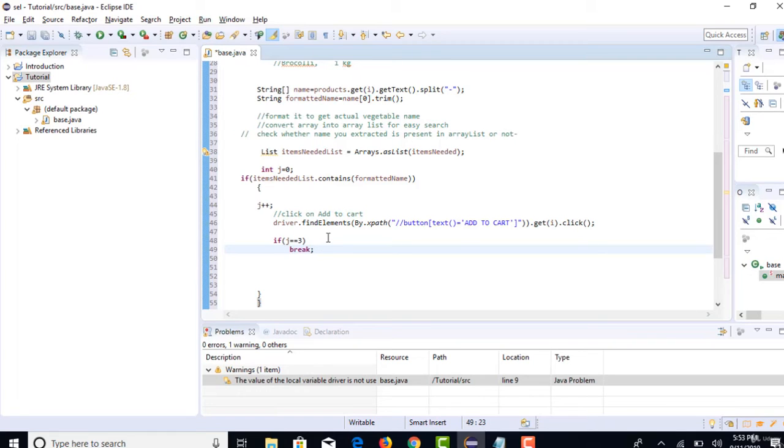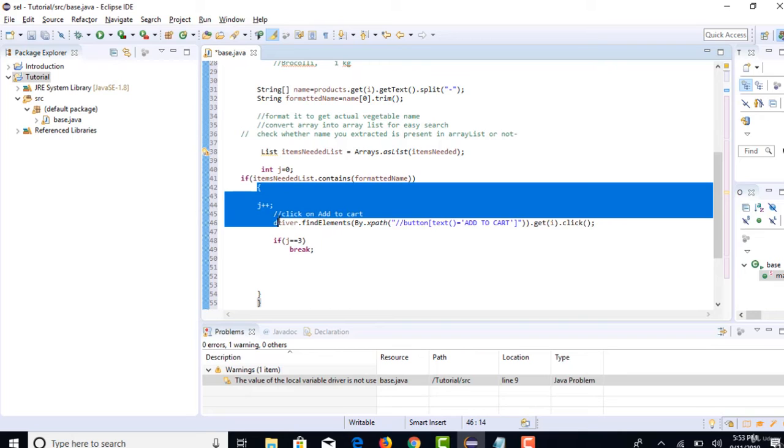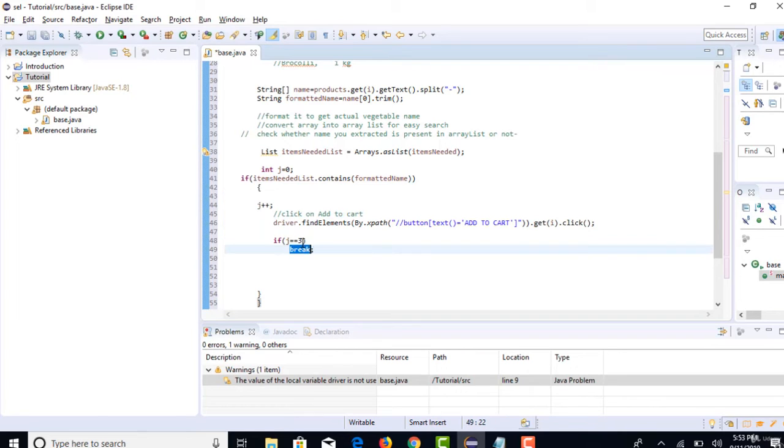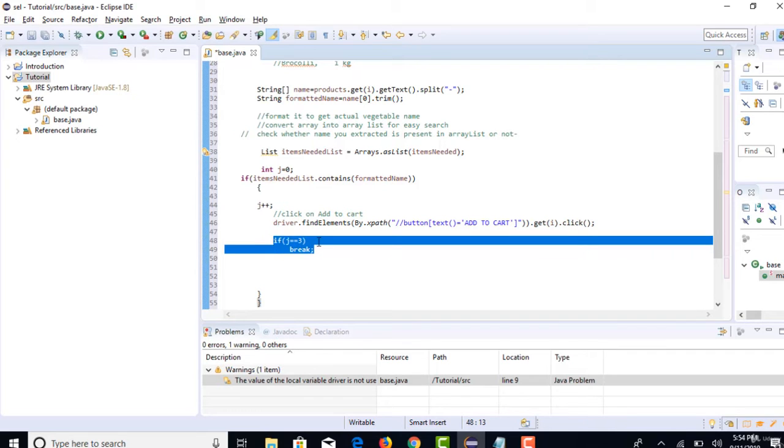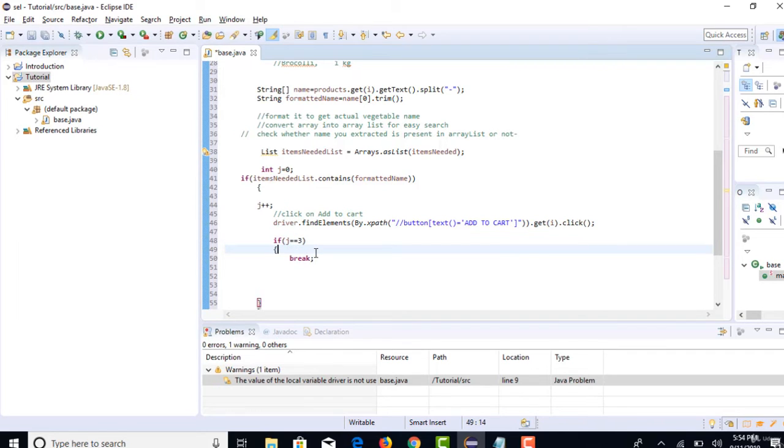What do you think about it? Does that make sense? So when you have already gone 3 times, then stop this complete block. And when you go for the first time, j equals 1, 1 equals 3 do not match, so the next break will not get executed. If there is only one statement, you need not give all these braces.